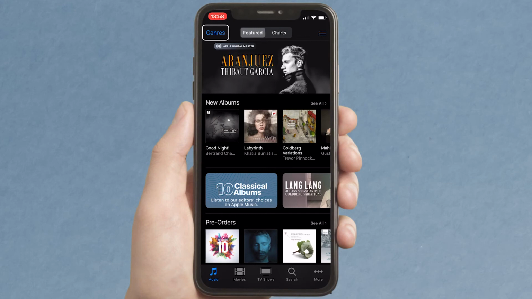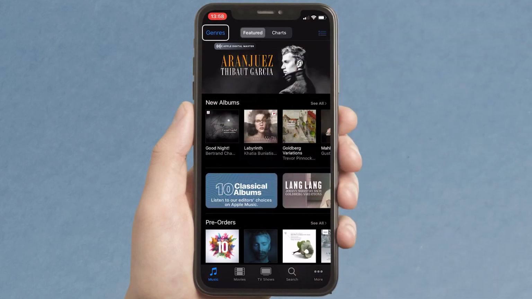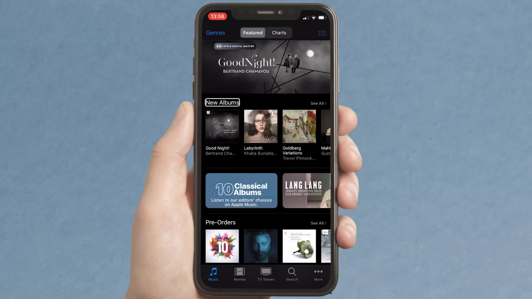We are going to go to the rotor, so two fingers on the screen, rotate. Headings. Easy. So now I'm on genres. I'm going to swipe down with one finger to change headings. New albums. Heading. Okay, so I want to see what's new currently. See all button. Heading. Now, the see all button always turns up after a heading, which means there is more